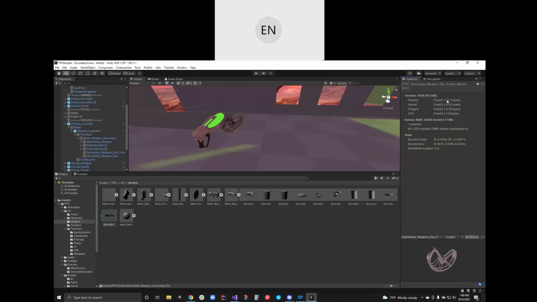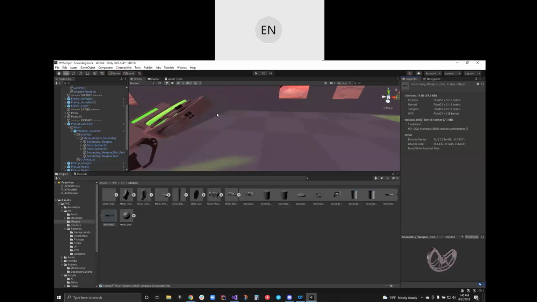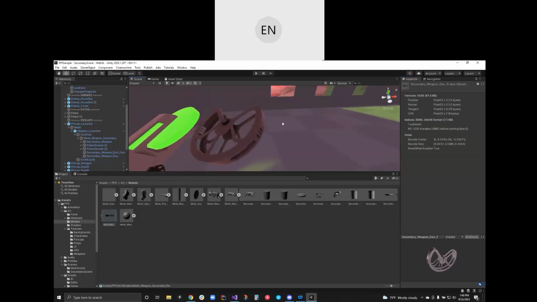Each one has a position that needs 3 floats to express it. Each one has a normal, which needs 3 floats to express it. A normal is the direction, the vector, that is perpendicular to that little polygon surface.